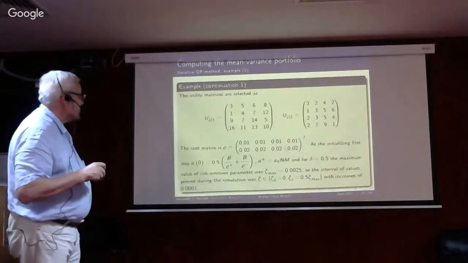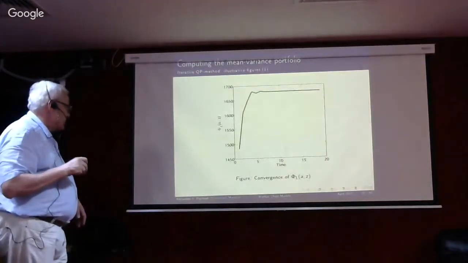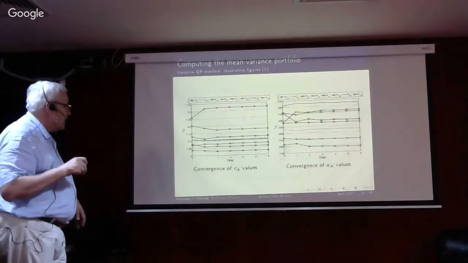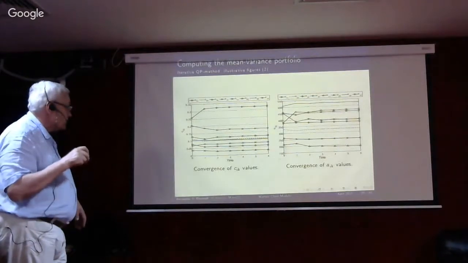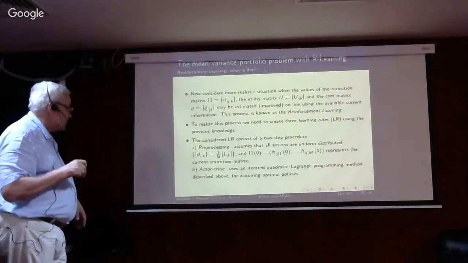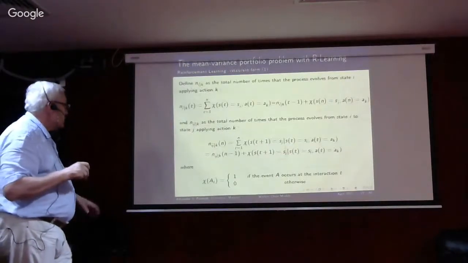Yes, and this is an illustration of how it works, how we found the variables. And this is the convergence of the general Markowitz function, which converges sufficiently quickly. And this is the convergence of customers to optimal values, convergence of matrix C, but if we know C, we recuperate it there.